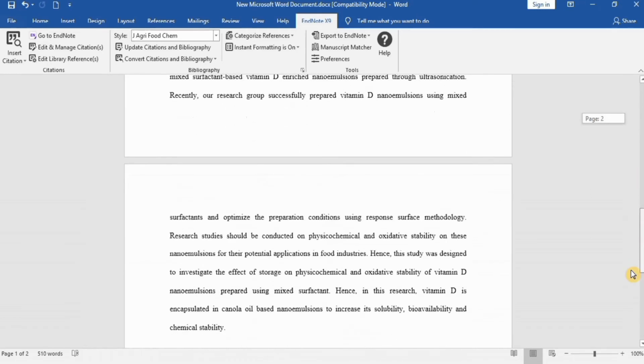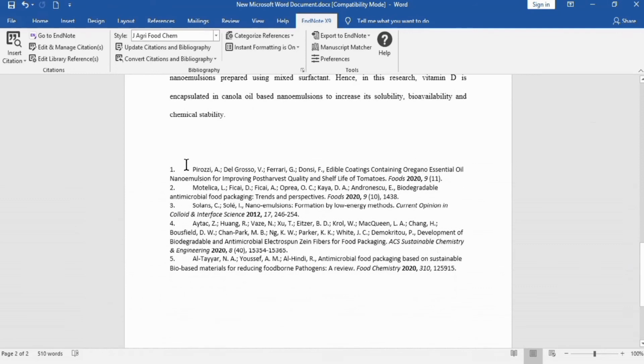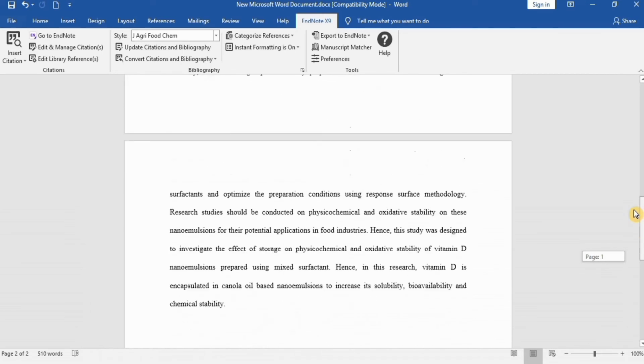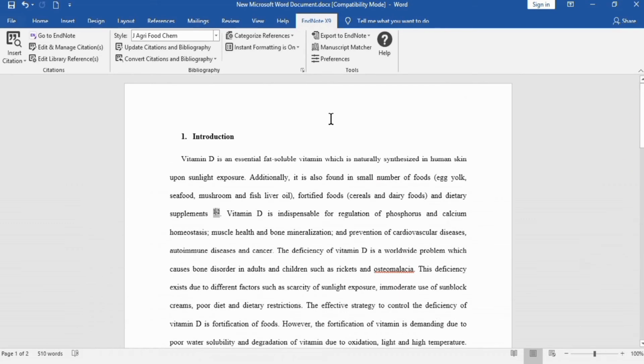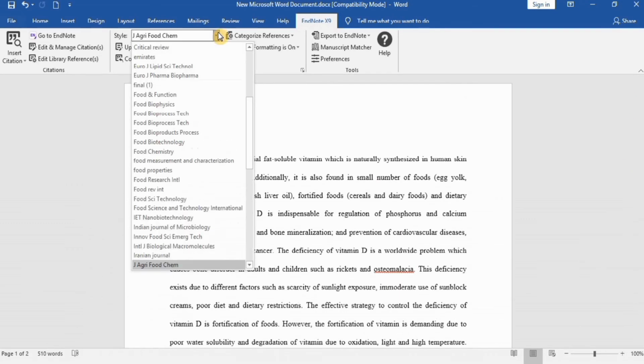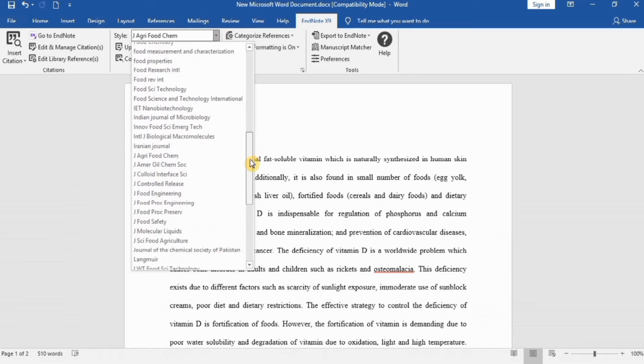And if you go to end of document, you can see here these references are also arranged accordingly. So by using this option, you can change the style within seconds. Now I will change back to Journal of Food Processing and Preservation. I will find it here.